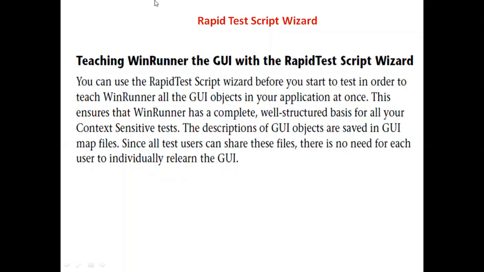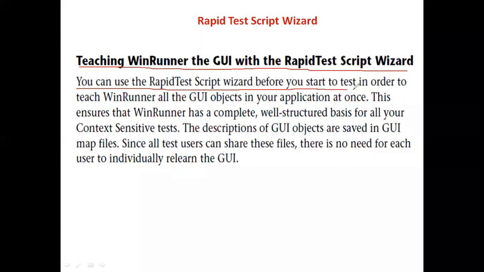Teaching WinRunner the GUI with the rapid test script wizard. You can use the rapid test script wizard before you start to test, in order to teach WinRunner all the GUI objects in your application at once.